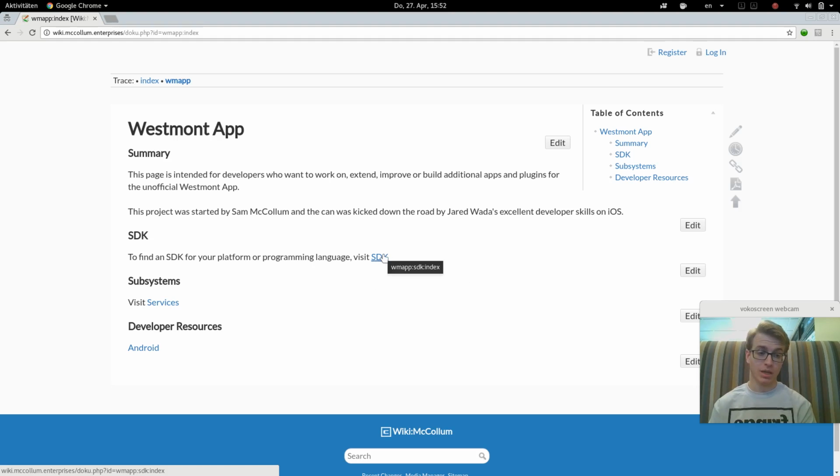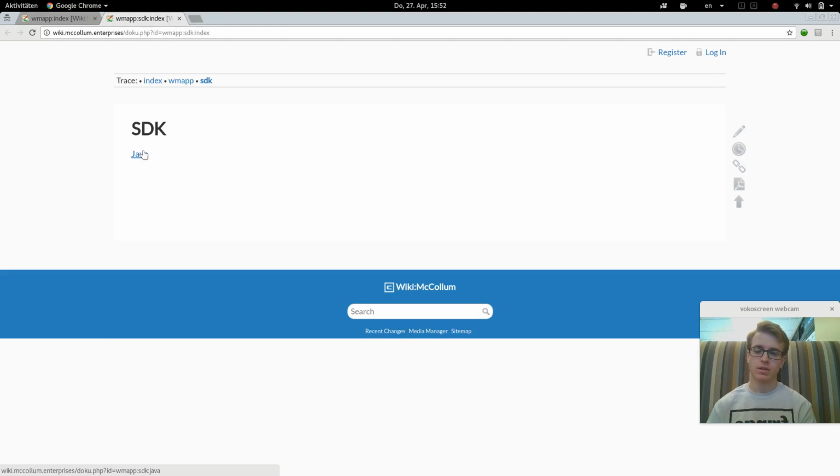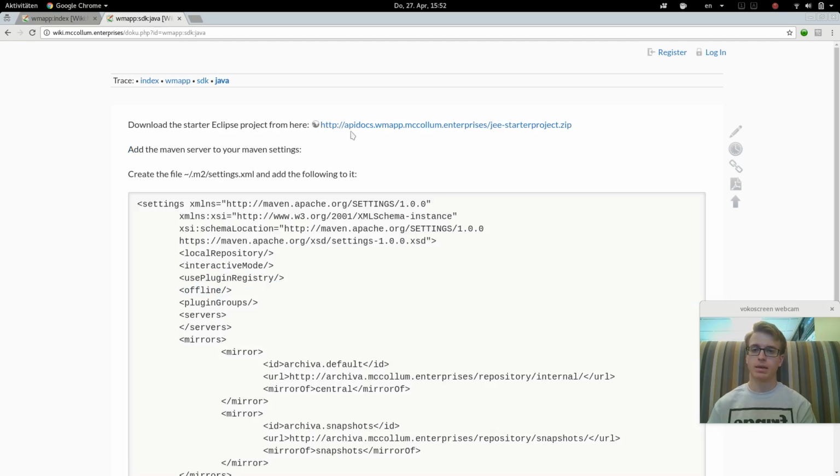So in order to get started, you need at least the very basic SDK, which provides authentication and authorization. And if you're not familiar with the difference between authentication and authorization, you might want to Google those terms. So I'm going to start by going to SDK. Under the SDK, currently I just have Java. And then you're going to click this link here to download the starter project. So I'm going to download the starter project,